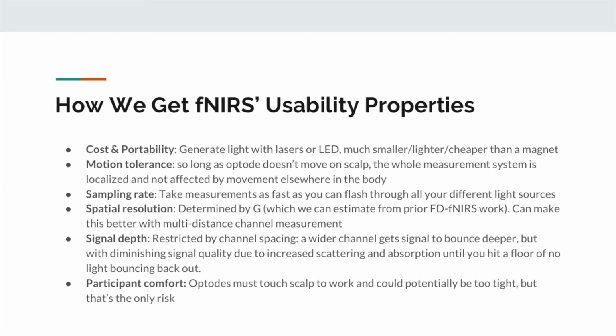That being said, you can do fancy things like, I'm just going to assume that light from over here can't reach over here, so I could maybe fire these both at once. Or if you're doing a dyadic study where you've split your channels between two people, those can be firing at the same time.